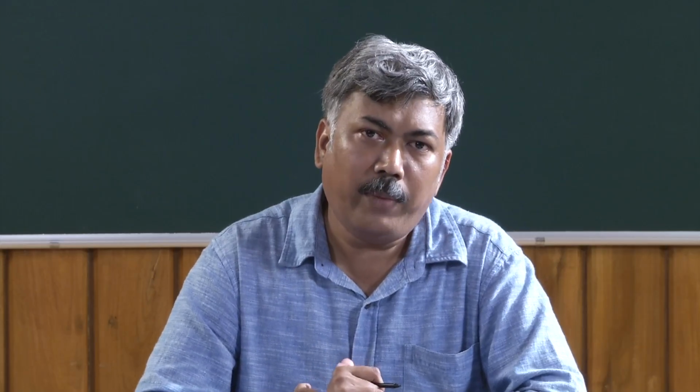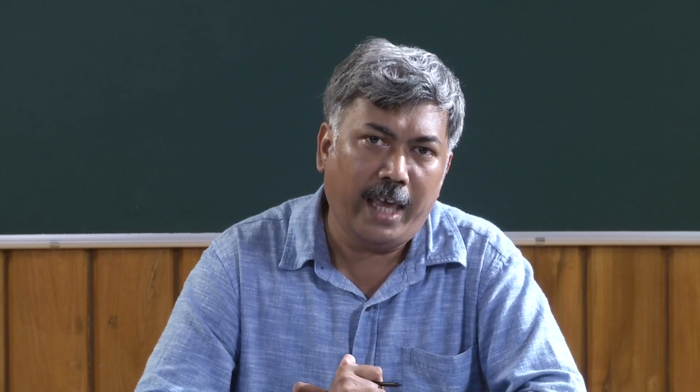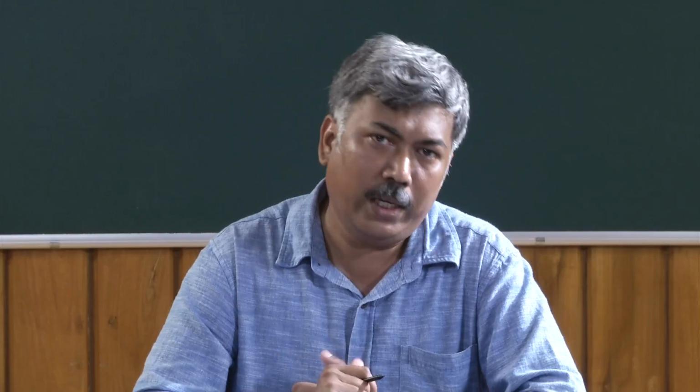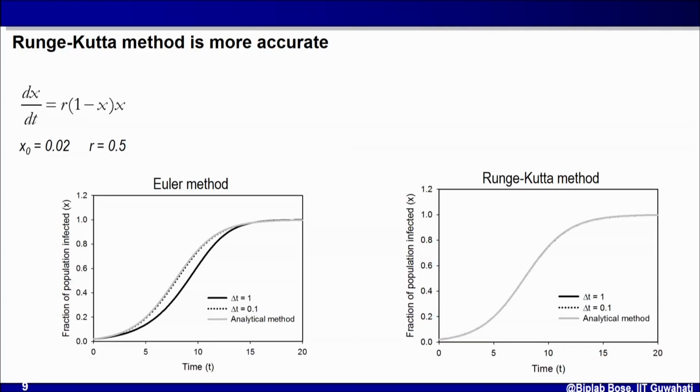There is an exhaustive mathematical explanation behind this. We have avoided that and tried to intuitively and graphically understand how this algorithm works. Now let us look at whether, by doing this complicated calculation of average k, we are gaining something. In this slide, I have compared Euler's method with the 4th order Runge-Kutta method. Both are numerical methods, and let us try to understand the difference in result we obtain for the same system using these two algorithms.